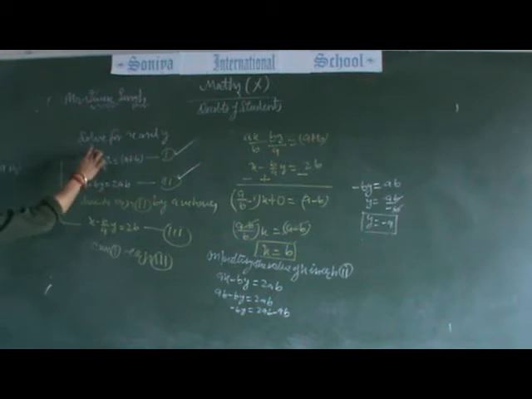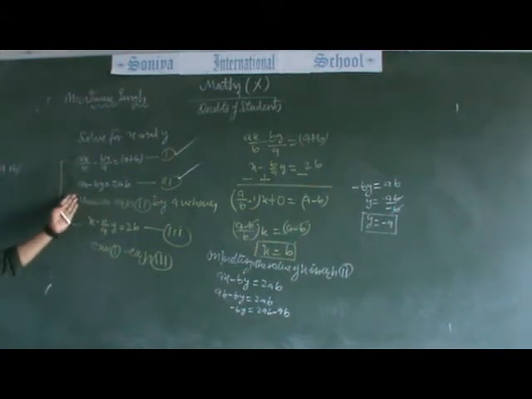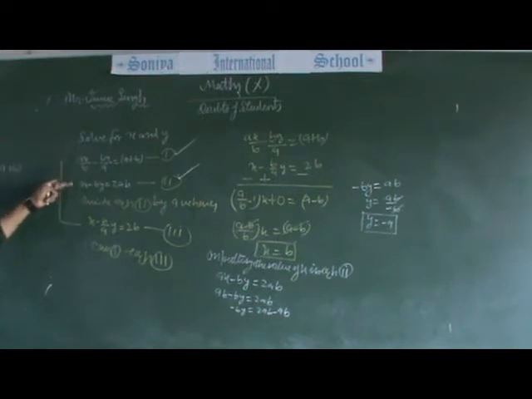Here, either I make the coefficient of y equal, or you are free to make the coefficient of x equal by dividing by b. If we divide by b, the coefficient of x is again of the same sign, so again you subtract it. So go by this method or the method I am telling you.